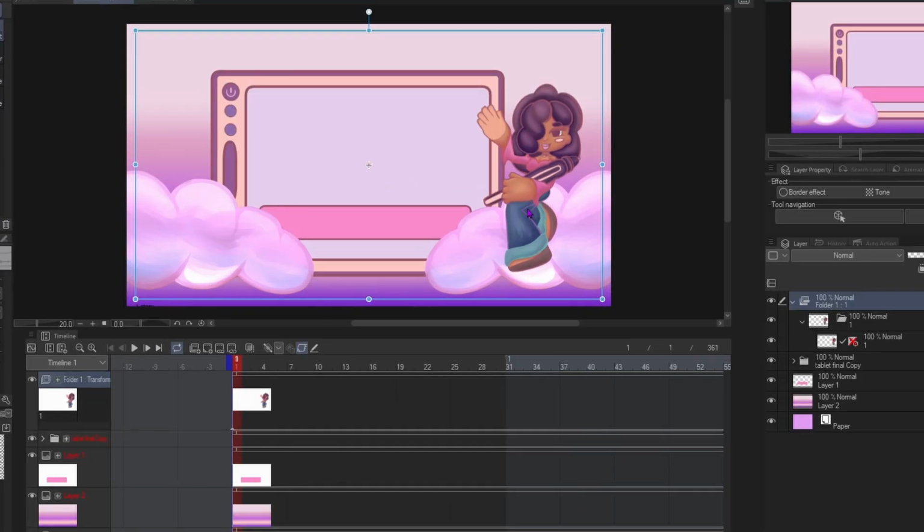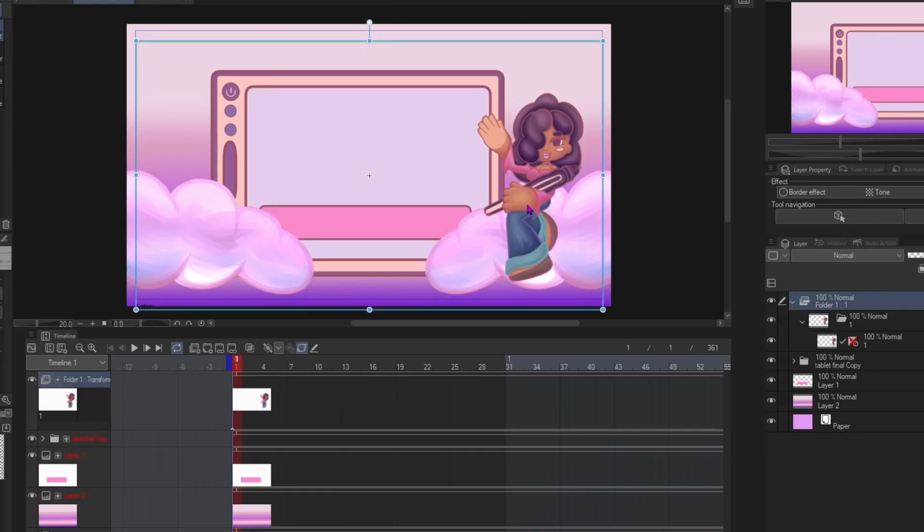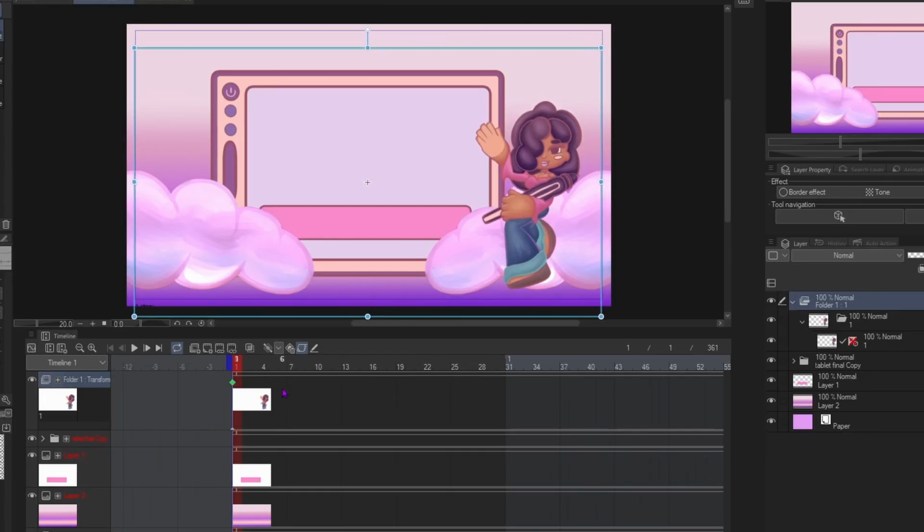All right, so now that you have your object tool, all you need to do is click on the item that you want to move, which in my case is my avatar. And I wanted to start her right about down here. And once I do that, you will see a green circle, or it might be a different color for you in your Clip Studio Paint setup. But you'll see a circle pop right here,